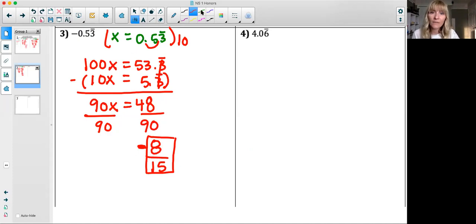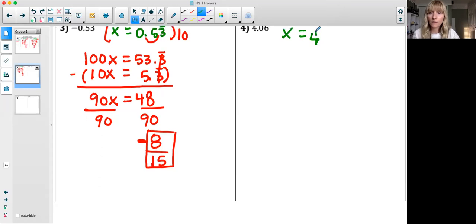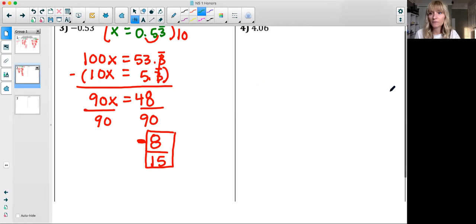Okay, we're going to do one more together, and then I'm going to let you try the last two. All right, so let x equal the original value, 4 point. I accidentally moved the screen. You know what? I'm not even going to write it, because sometimes I just go right to multiplying my values by powers of 10. So on this one, if I need to move past the repeat, the 6, it doesn't start repeating until the hundredths place. So if I'm moving past that, I still need to go 2 places. So I'm going to go 100x